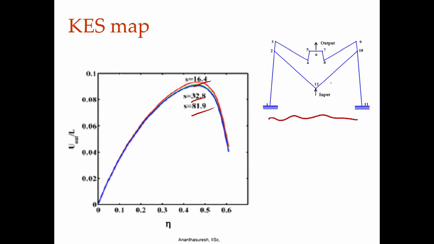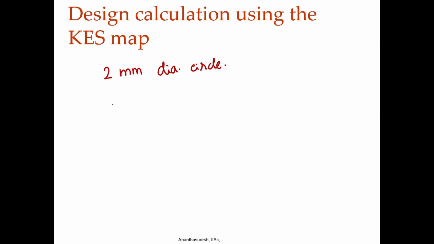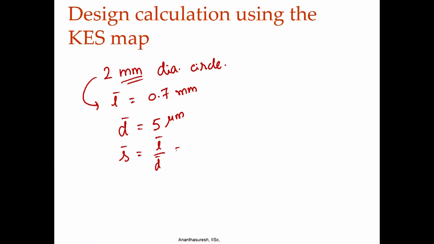Based on that we can get roughly the L bar for this mechanism, okay. From that specification L bar for this is 0.7 mm, that is for a mechanism in the database we can get the average length of all the segments and scale up for what we need, the 2 millimeter thing that we want. Each mechanism gets 1 millimeter, 2 millimeters, 1 millimeter. So, L bar average becomes 0.7. And in plane width, which is the depth of the beam here, we are taking 5 microns based on the process. Then we get S or S bar to be L bar by D bar, which comes to